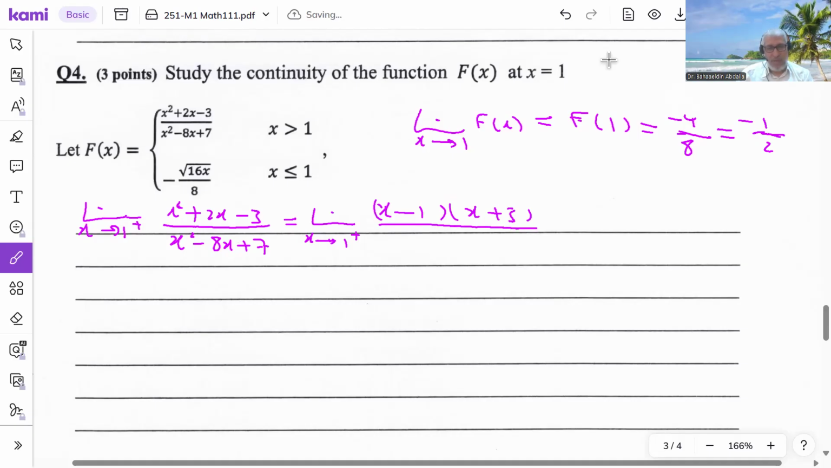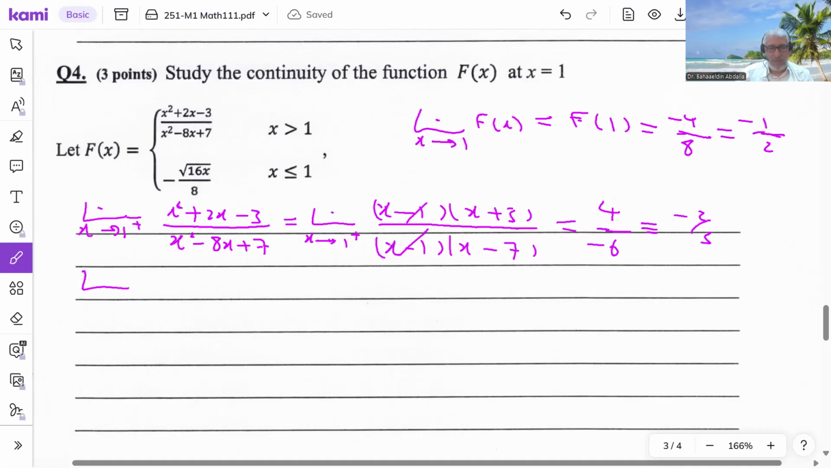And factoring x squared minus 8x plus 7, I'll have x minus 1 times x minus 7. Okay, so now multiplying, I'll get this one, multiplying, I'll get this one. So now I can cancel x minus 1 with x minus 1. And if I replace x by 1, I'll have 4 over 1 minus 7, which is negative 6. So negative 2 over 3 is the limit